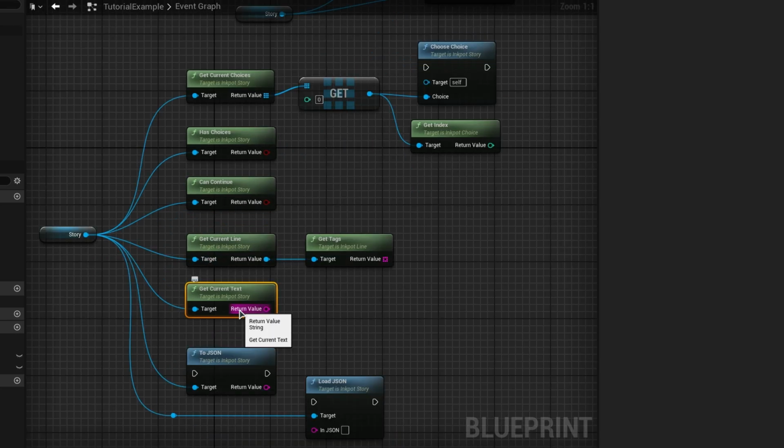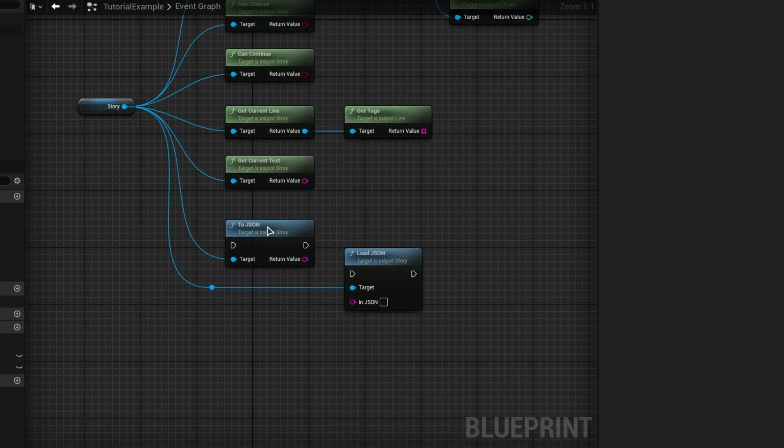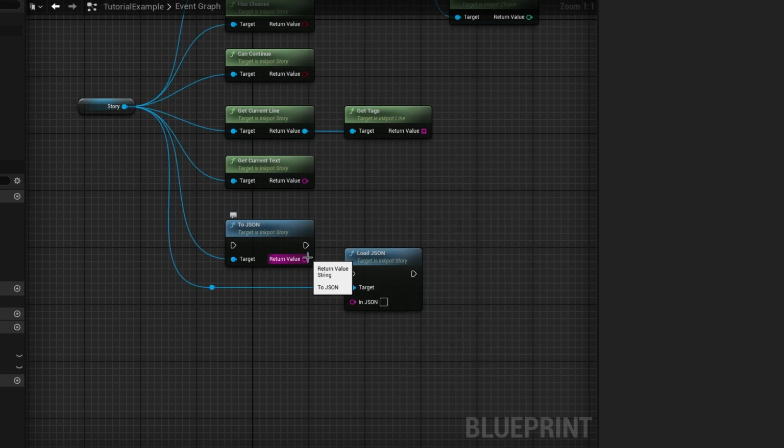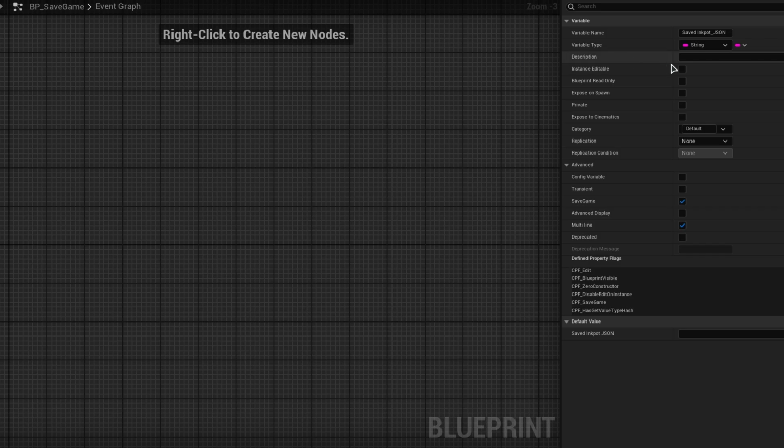You can also get the current text of the story. This is kind of an important one. And with toJSON and loadJSON, you can save this in your save games. And if you do decide to do that, you should probably turn on multi-line